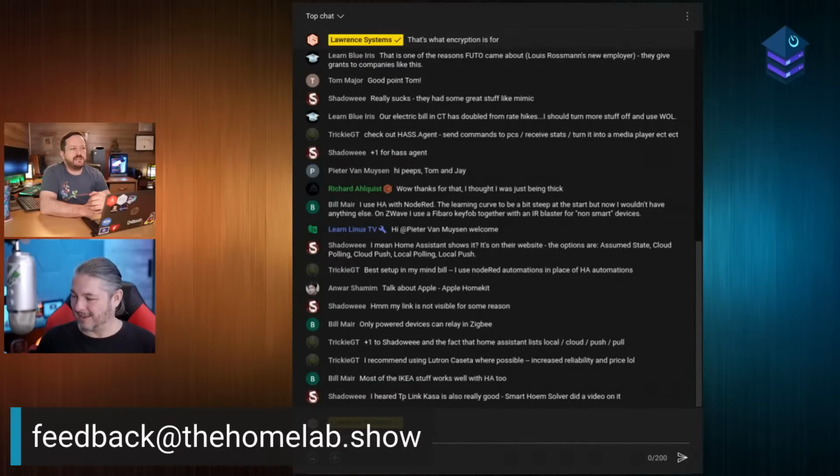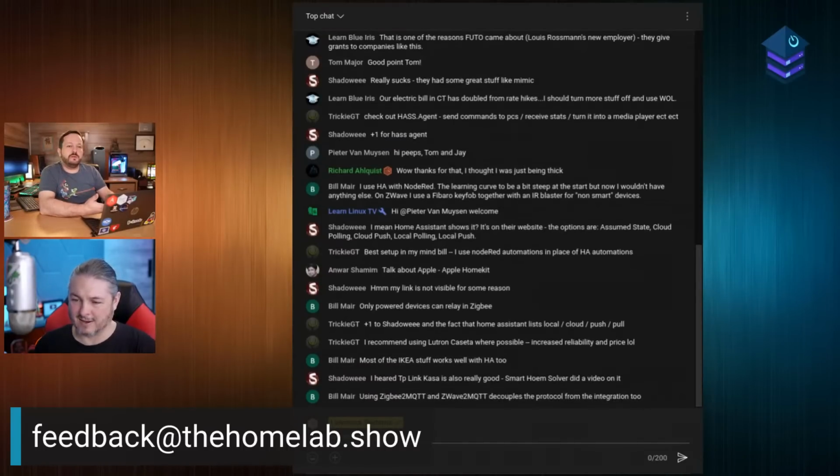It's Teckin, and I'm not recommending those ones. Don't buy those. I was using a script to basically jailbreak those and install ESP Home, which is an alternate open source firmware you can load, and that was going well. But then they changed the firmware it comes with to lock out said script, which is a jerk move in my opinion. So I found the, I'm so sorry, I can't pronounce this well,